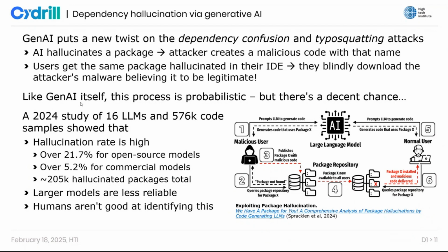So what will happen here is the attacker, the hacker, asks the AI to generate some code, let's say something that opens a YAML file. The AI has a chance of hallucinating, and this chance, as we can see, can be pretty high, even 5% for a commercial model, such as Codex or O3, which uses a package that doesn't exist.